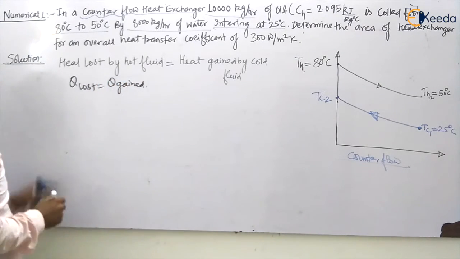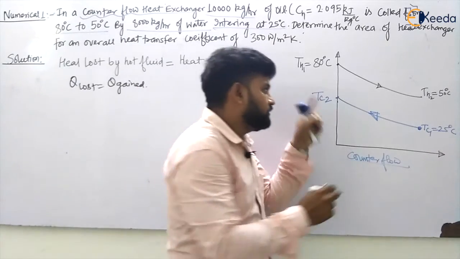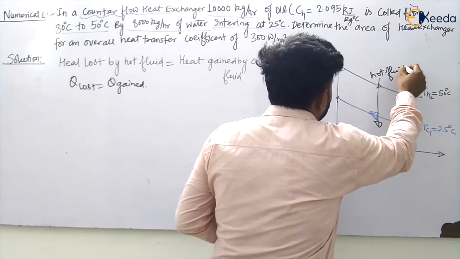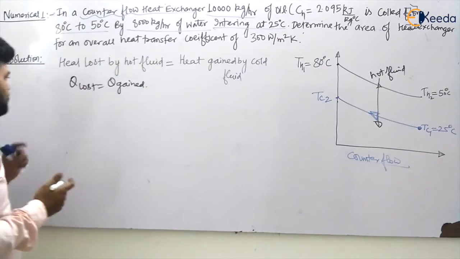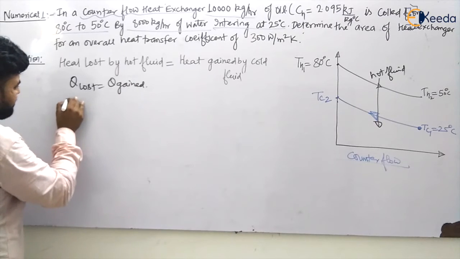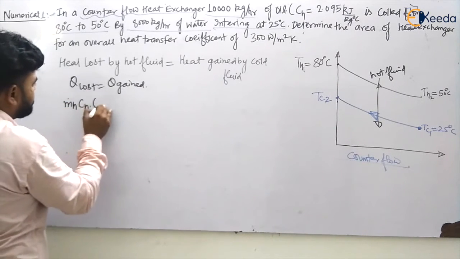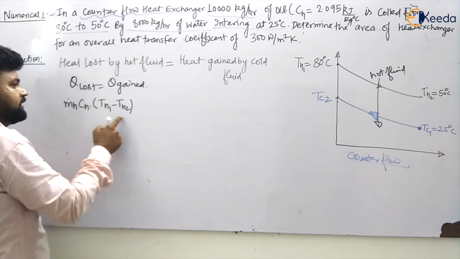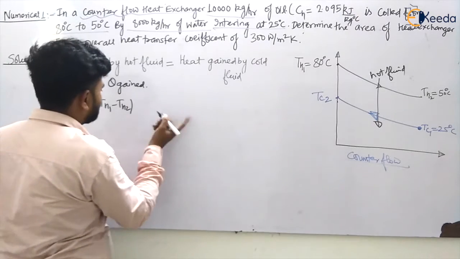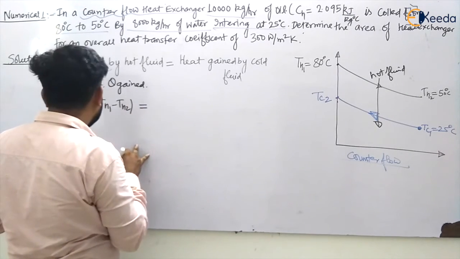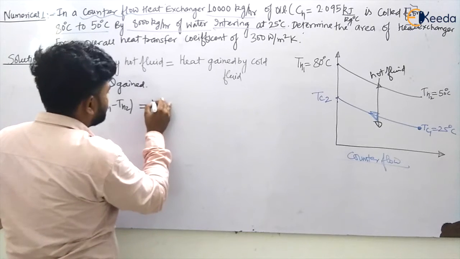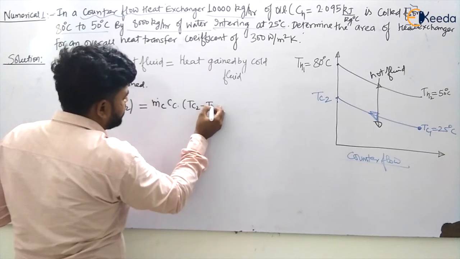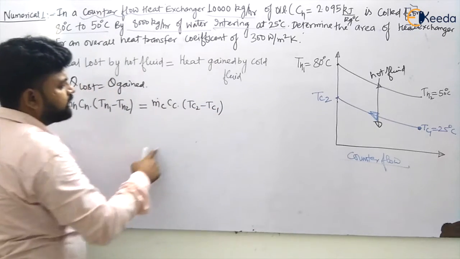Very good. So who will lose the heat? The heat will be lost by the hot fluid, and it will be gained by the cold fluid. Now let us see what is the heat loss. This will be given by m_H C_H into (TH1 minus TH2), my dear students, because TH1 is higher than TH2. So I am not taking final minus initial, I am directly taking it, and this will be equal to m_C C_C into (TC2 minus TC1), that is final minus initial, my dear students.